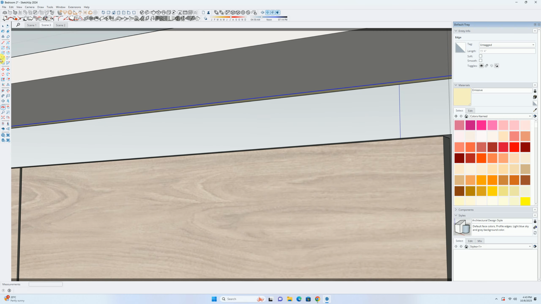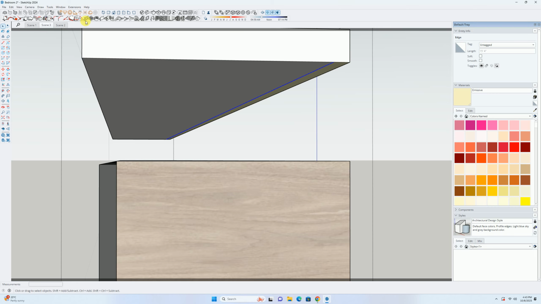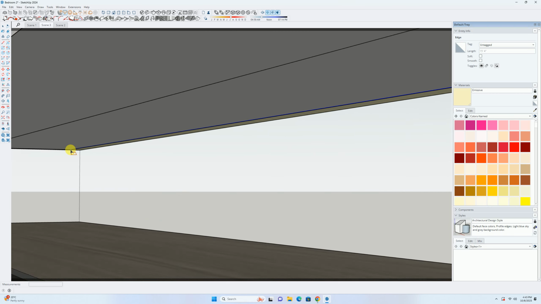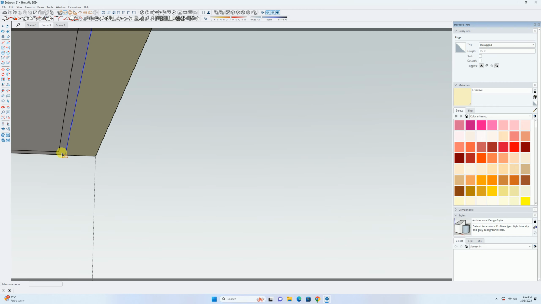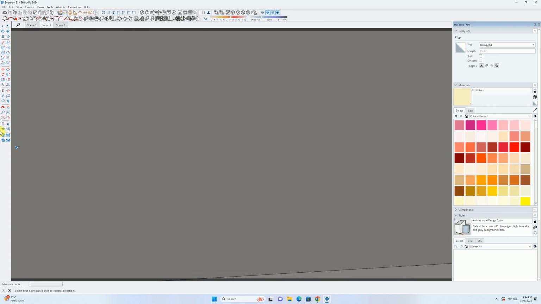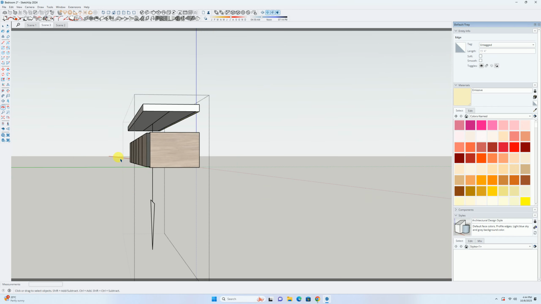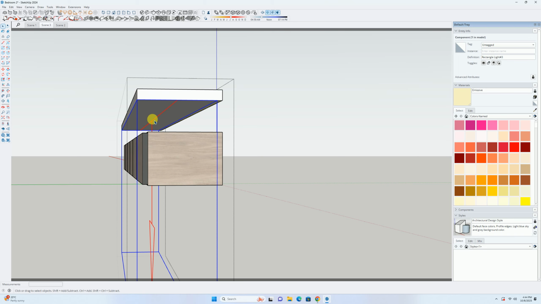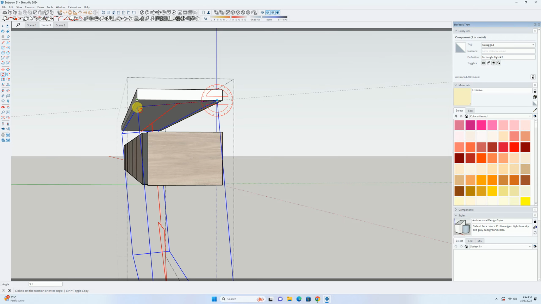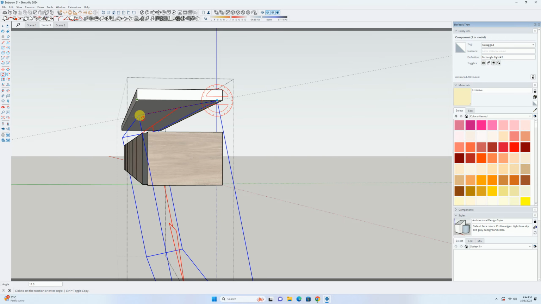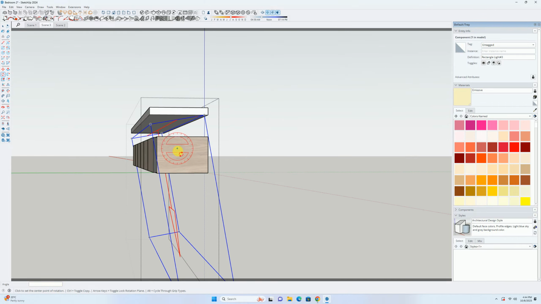With the rectangular light, then we'll apply some rotation to this rectangular light.